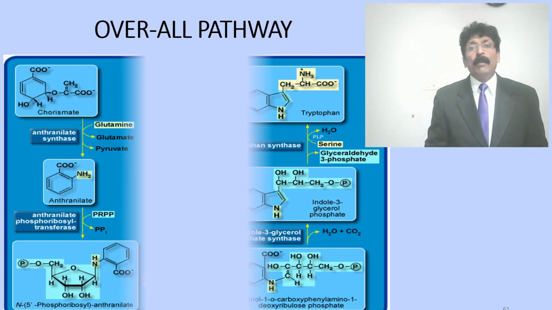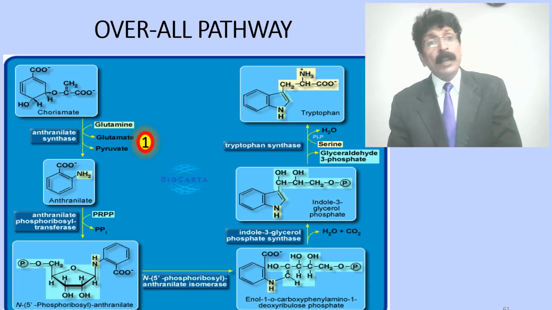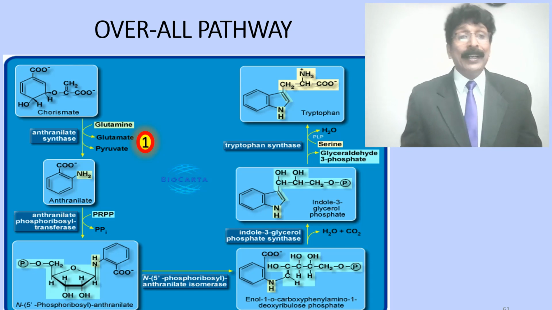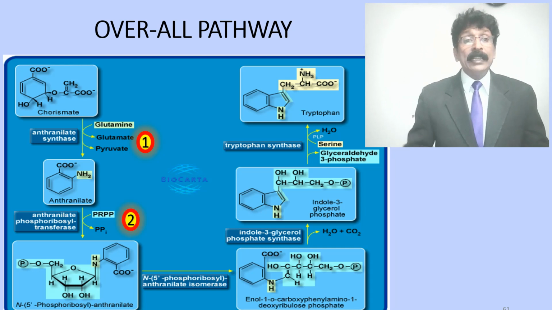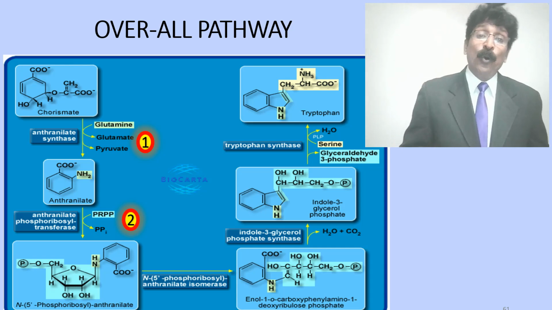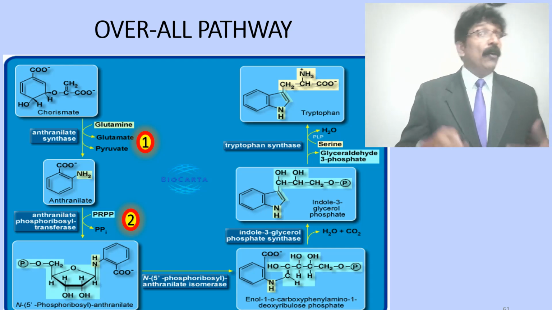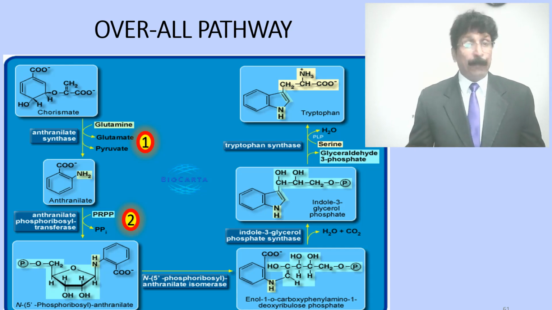Overall pathway, when you want to see this reaction, you can see here the number 1, chorismate is converted into anthranilate by means of anthranilate synthetase, and this anthranilate is converted into N5-phosphoribosyl anthranilate by addition of phosphoribosyl pyrophosphate, or PRPP, which can give rise to this compound. And this next step, the third step,